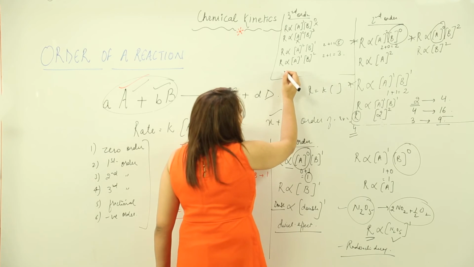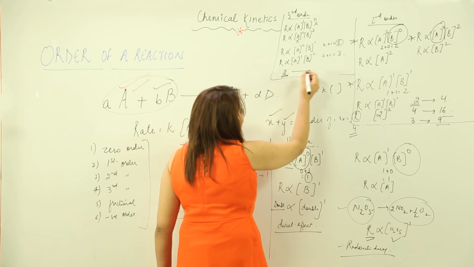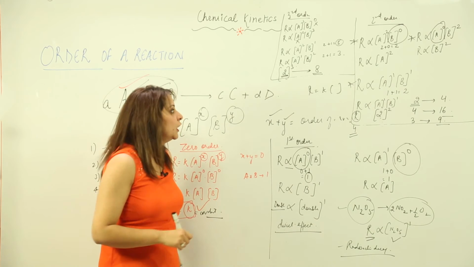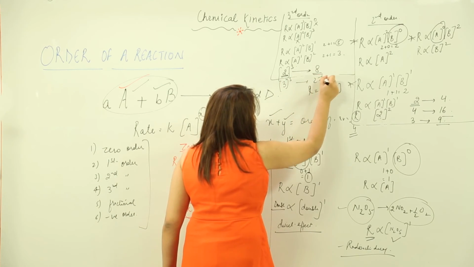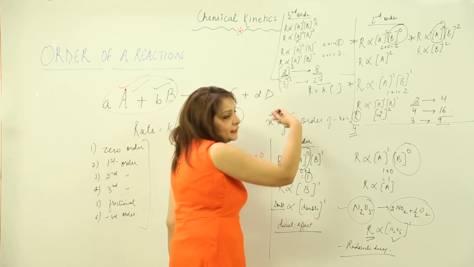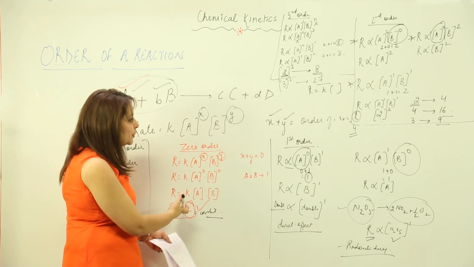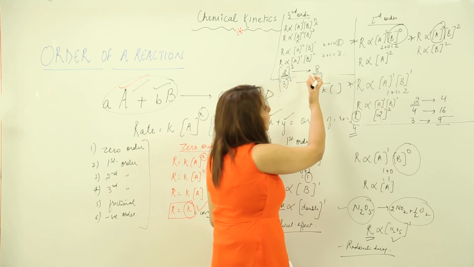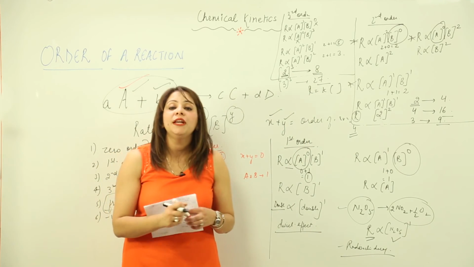That means if the concentration is increased by 2 times, the rate is going to be 8 times, because it is a third order reaction. If I increase the concentration by 3 times, the rate is going to increase by 27 times. So that means the rate is going to be tripled, because it is the third order reaction. As I told you, we have the zero order reaction, you understood what the first order reaction is, we know the second order reaction, we know the third order. One more order exists, that is the fractional order. So that means the order can be in fraction also.